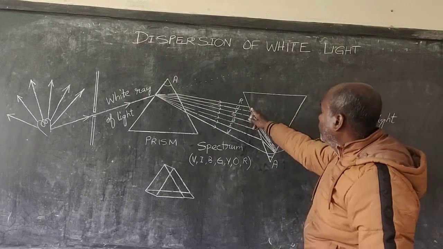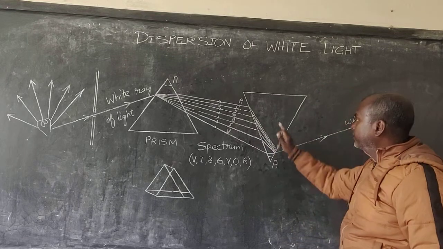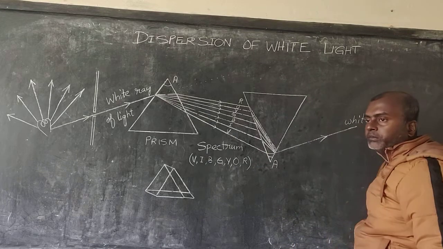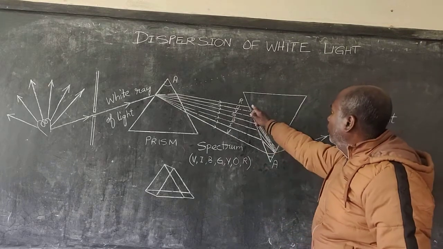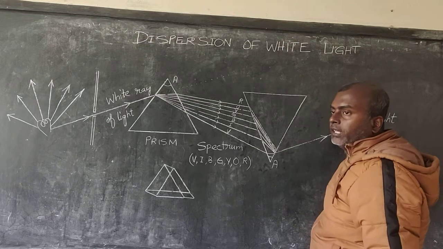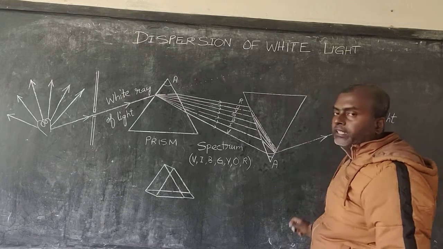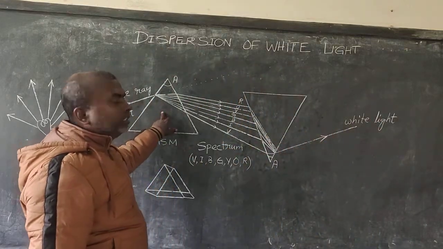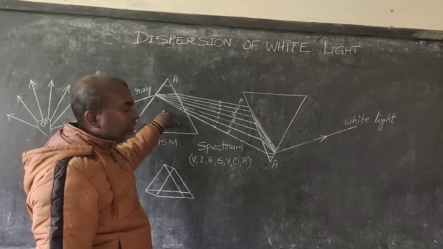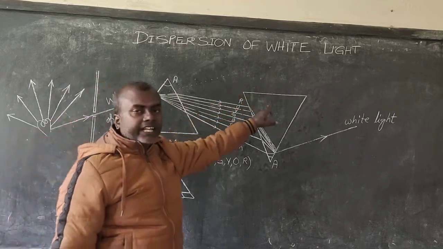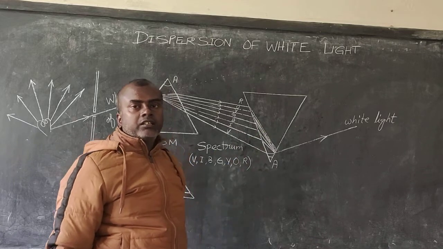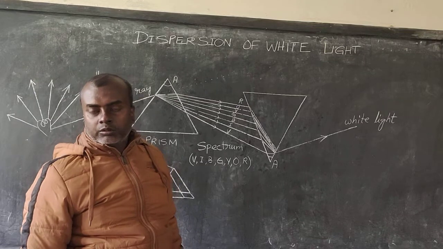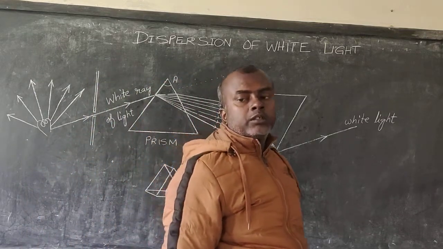Then we would see that when all these 7 colors pass through this second prism, which is similar to the first prism, the emergent colors, the colors which come out after refraction, undergo refraction, and now when they come out, white light is obtained. So the first refraction, it's actually a refraction of light for all the 7 colors, is negated by using a second refracting body which is of the similar type. Alright, so this covers the topic of dispersion of white light.